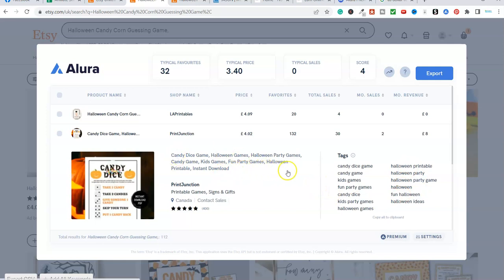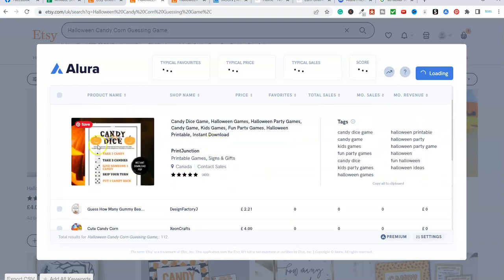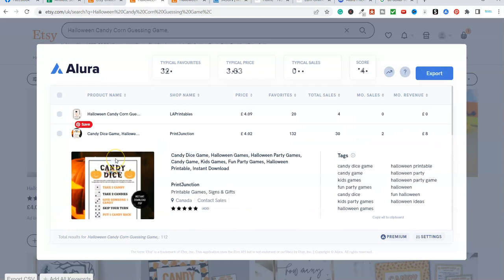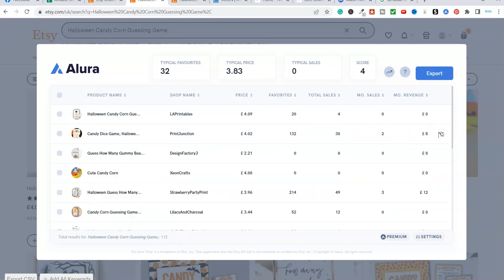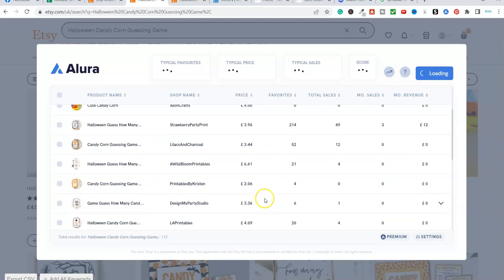We've also got all the information here, and if I scroll a bit further down, I can get more information. You can see like about the shop and stuff. The other cool thing is if I just click on this, it would open it up. So we've got all of the tags here, we've got the title, and we can see the product, okay? Absolutely awesome. So let me click on there and close that one down. But like I say, all I'm doing with this Alura thing on here is just having a look on Etsy to see what's selling, and basically trying to get as much information from any of these listings on Etsy,